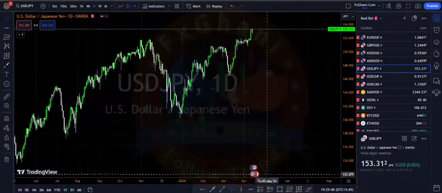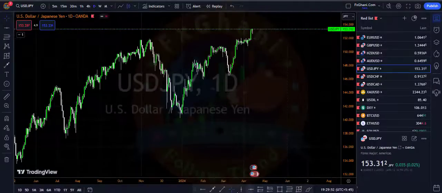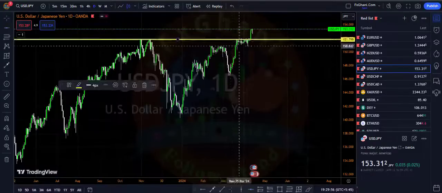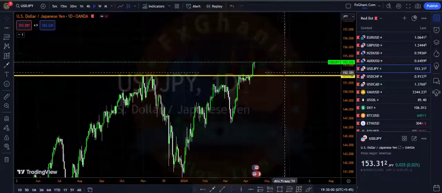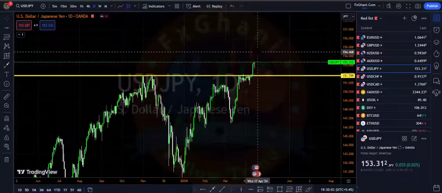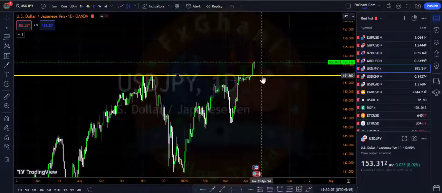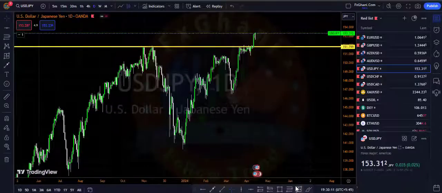Daily time frame, prices break 152 level, which is a Bank of Japan level. Okay, so still it's upward, and we will only be looking for a buy in USD JPY until price is above the 152 level. Okay, because you can clearly see